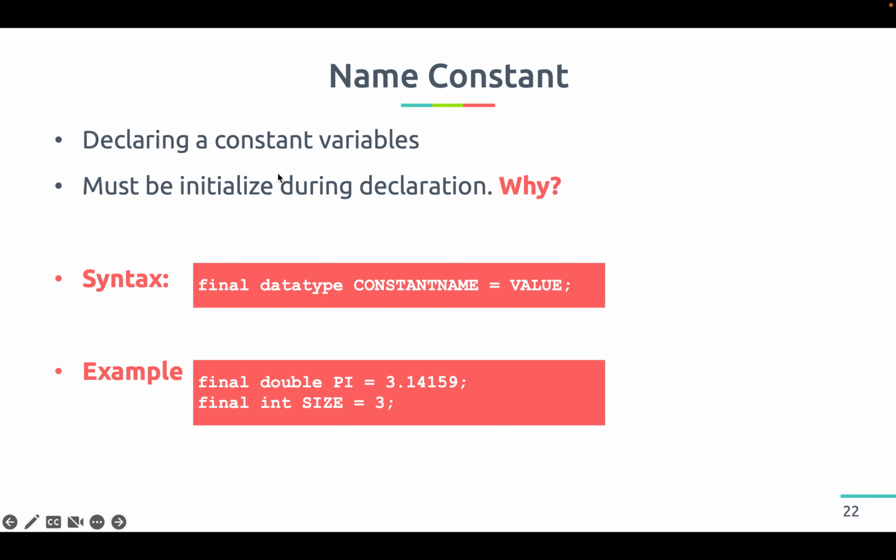Why should we declare and initialize at the same time? Why can't we just declare a final variable and then initialize it along with the code? Why does it have to be at the beginning? Well, because